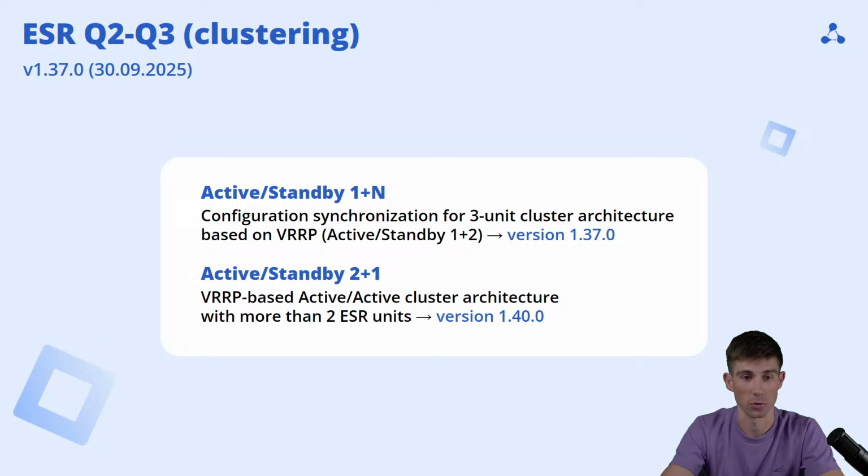And right now with the version 1.37 you'll be able to do this as 1+2, and with the version 1.40 you'll be able to do this in the 2+1 mode, having 2 active units and 1 standby. That's probably a little bit more useful, a little bit more widespread approach, and it's also VRRP based, and this is the second step, and